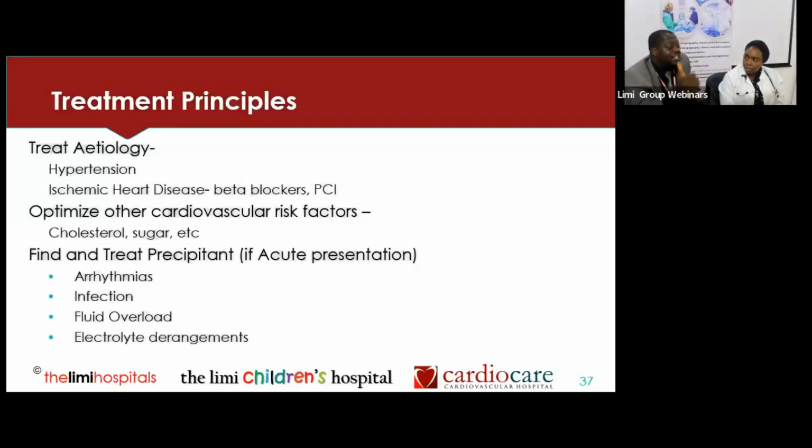Then precipitants, like we said, the commonest precipitant of heart failure in this environment is chest infection generally. So you look for the infection, you treat it. If there is a urinary, chest, anywhere the infection is. Apart from infection, salt intake. So you have to look into their diet. The dietitian may have to come in. There may be background arrhythmia. Atrial fibrillation is very common in this group of patients. So by the time you do your ECG, that's part of where your ECG will help you. You'll be able to see that, so that you'll be able to identify that, control their heart rate. Then look out for other precipitants, electrolyte derangement,